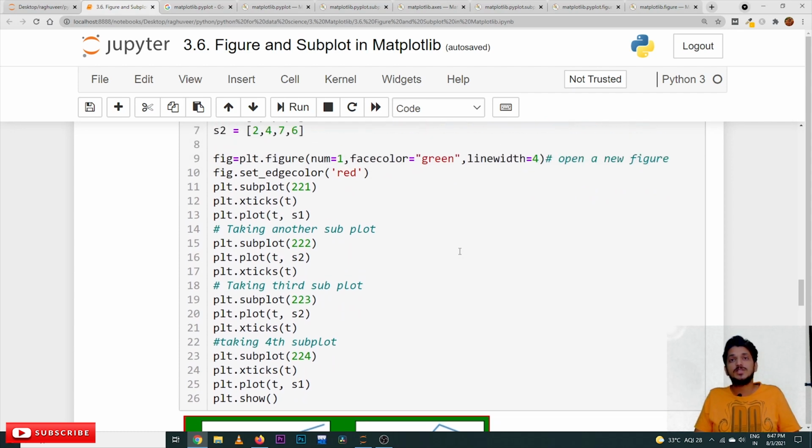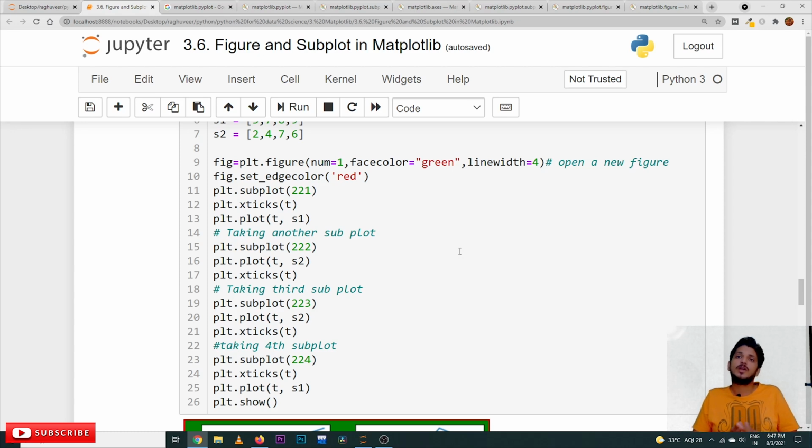Hope you understand this concept. These concepts will help you a lot in order to construct your own figures and subplots. The complex figures are based on these concepts. If you want to create multiple plots on the same figure, you need to understand what a figure means, what a subplot means, and how to check the documentation. That is our intention, to make you understand how to check the documentation and to give you a basic idea. Explaining all the things is not possible, so you have to check the documentation and understand the things with this basic knowledge. Hope you understand the concept.